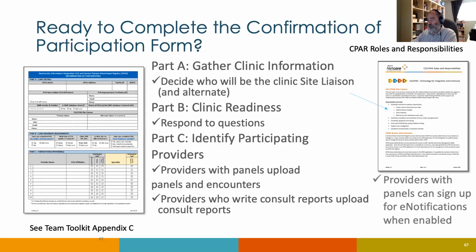And then there are questions about what the PIA looks like. Are you panel ready? Even if the answer is that the PIA is not ready yet, that doesn't mean that they can't go ahead. In fact, if they have PIA work to do, it's handy to submit the confirmation of participation form, because that gives a clinic the ability to then access some help from eHealth support services. On the second page of the